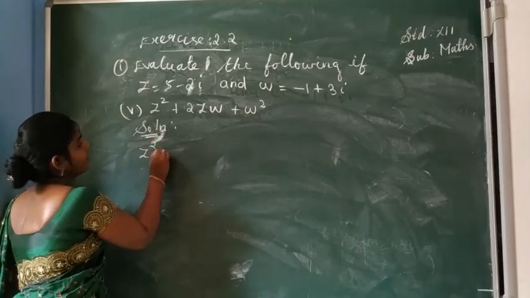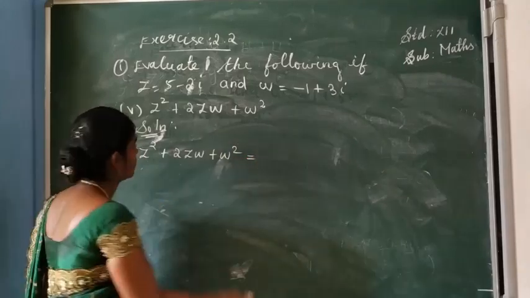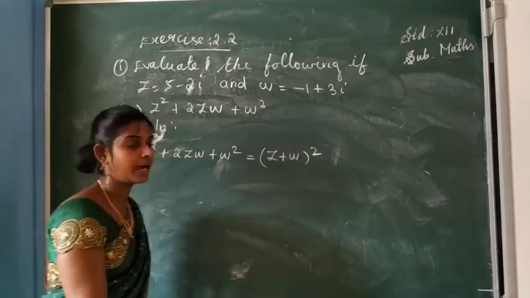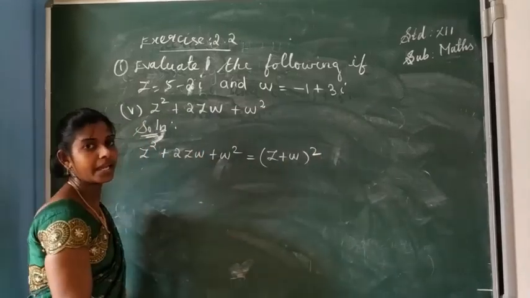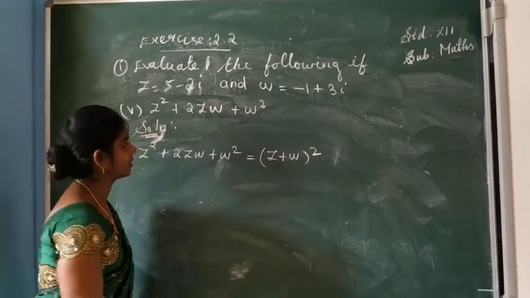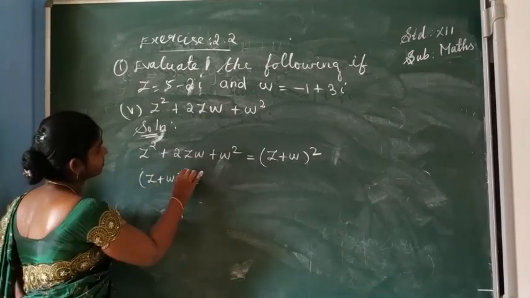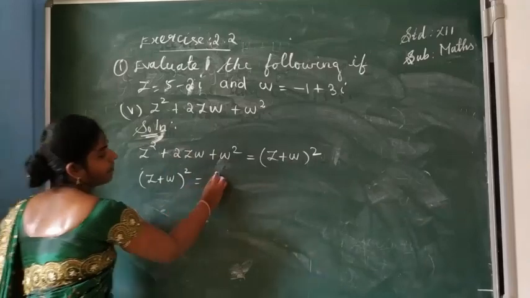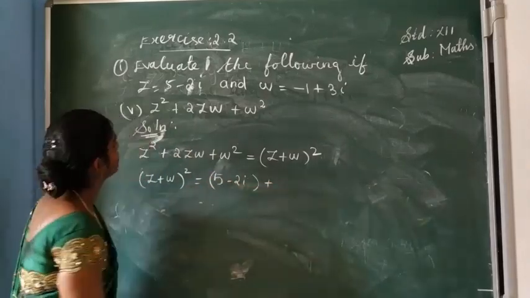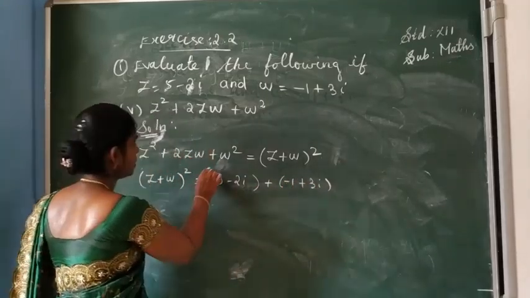So Z square plus 2ZW plus W square equal to, you can write Z plus W the whole square. This is the formula. A plus B the whole square formula: A square plus B square plus 2AB. Have to apply that formula here. So Z plus W the whole square equal to, Z value is 5 minus 2I plus W value is minus 1 plus 3I, the whole square,